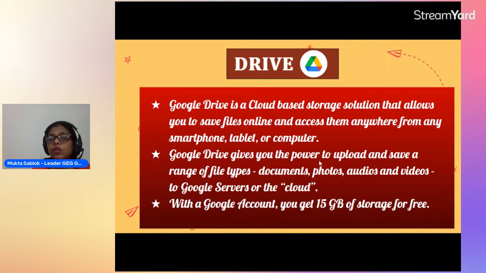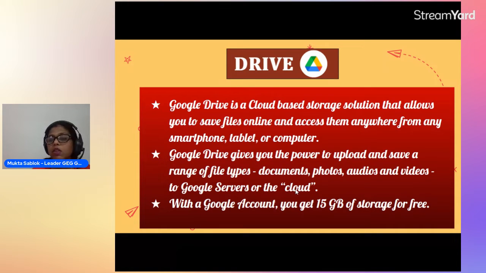Google Drive gives you the power to upload and save a range of file types. What does this mean? Different types of files, be it documents, photos, audios, videos, we can upload any type of file in our Google Drive to Google servers or the cloud.